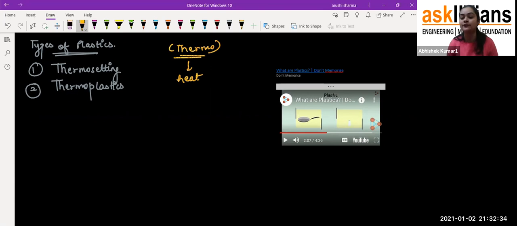We don't have to wait for it. So what's the reason behind that? Why in one case does it melt very easily, but in the other case we do not see that type of change? Both are plastic only, but there is a difference. Why is there some difference? So now we are going to discuss this.